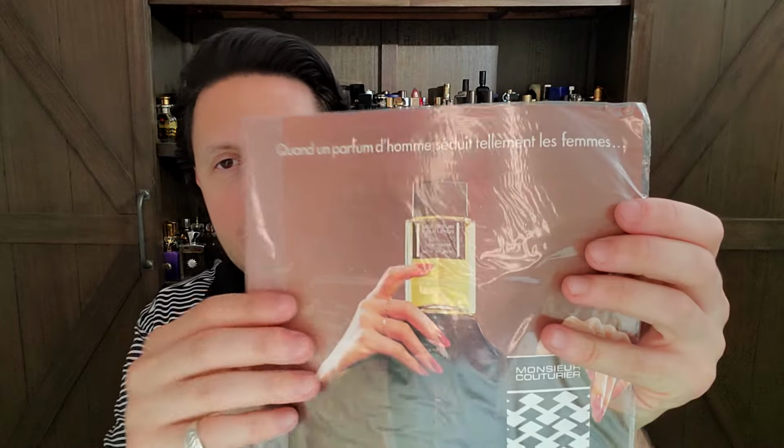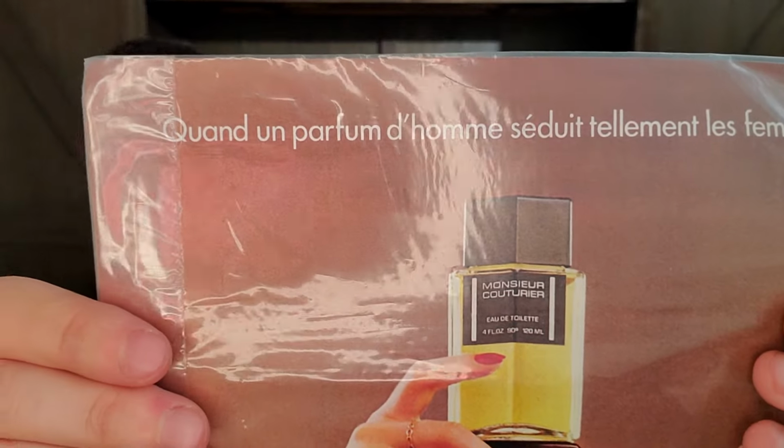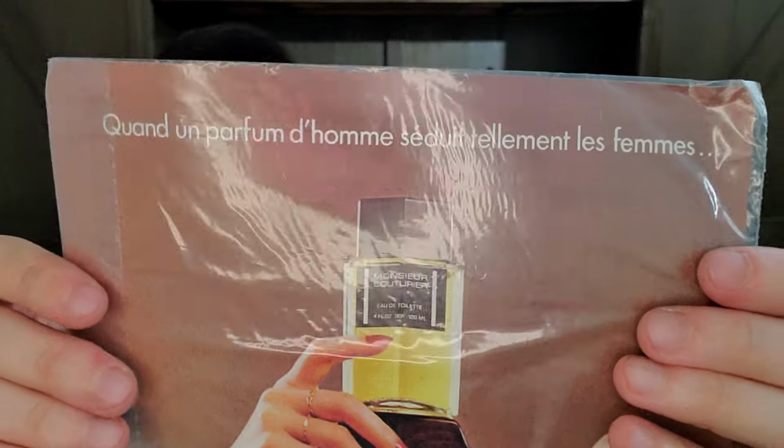Somebody who speaks French, translate that and put it in the comments, will you? I could probably stick it in Google Translate, but that's a lot of work. And then,